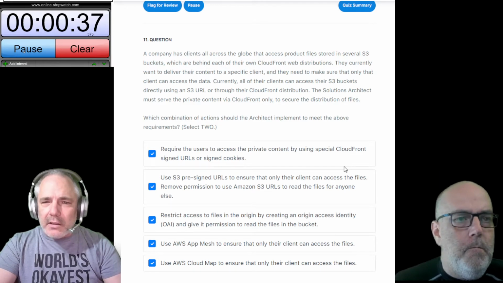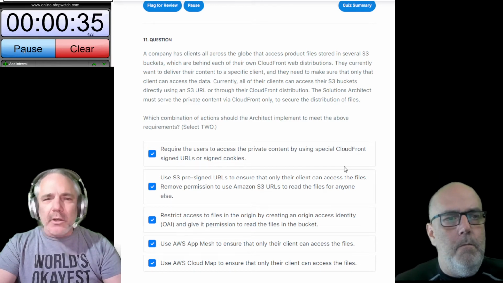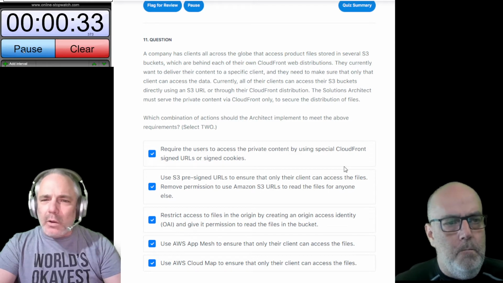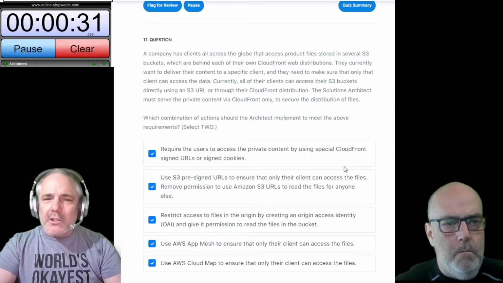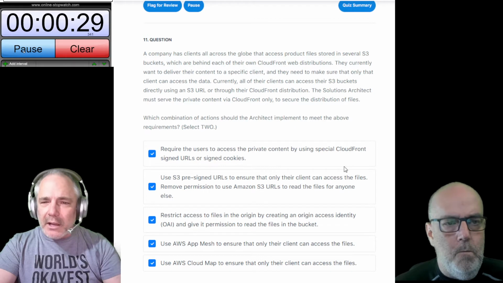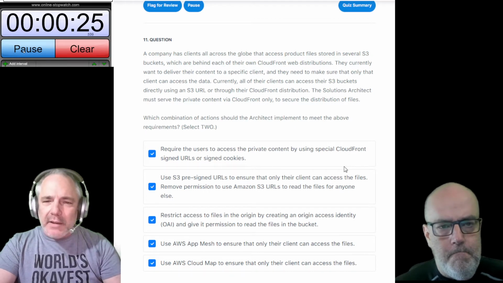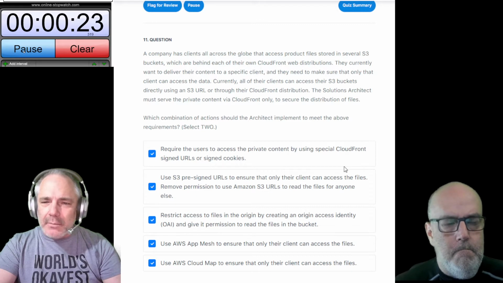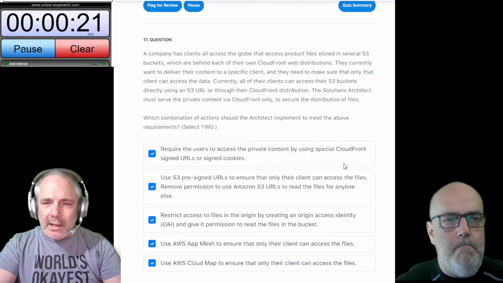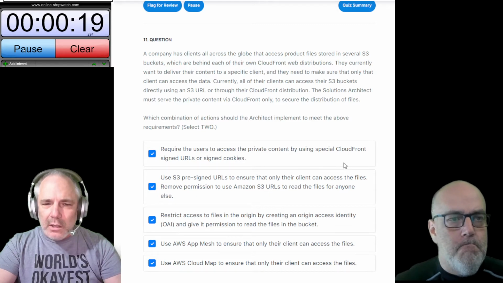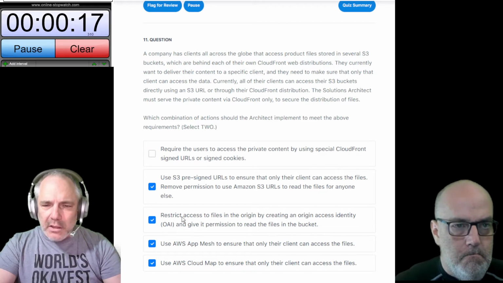Currently, all of their clients can access their S3 buckets directly using an S3 URL or through their CloudFront distribution. The solutions architect must serve the private content via CloudFront only to secure the distribution of files. Which combination of actions should the architect implement to meet the above requirements? Select two. I believe it's pre-signed